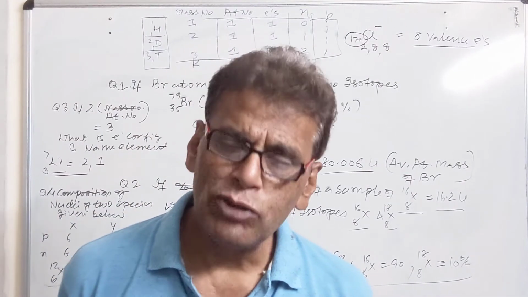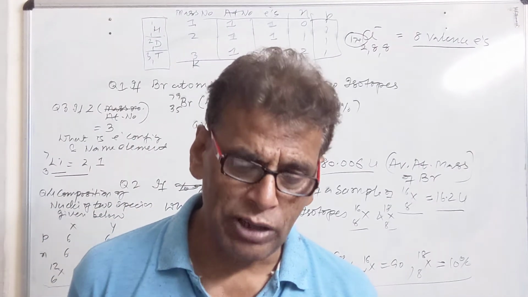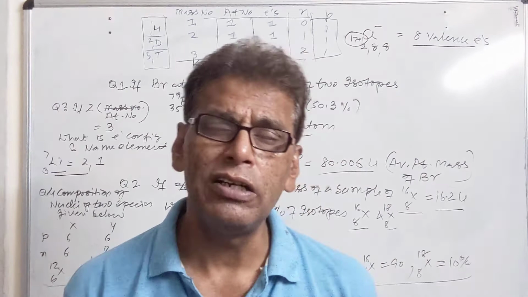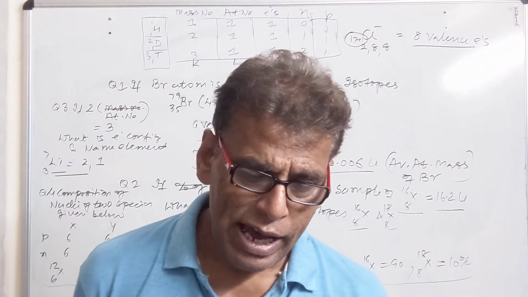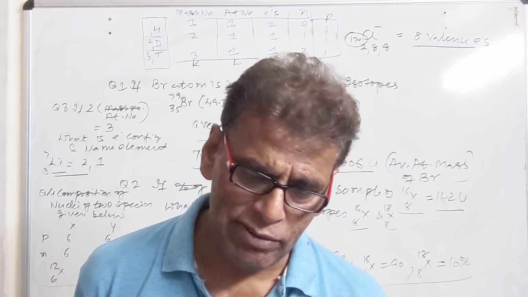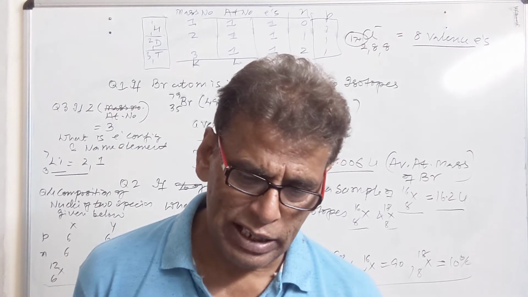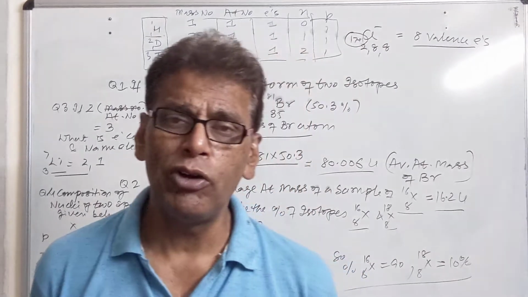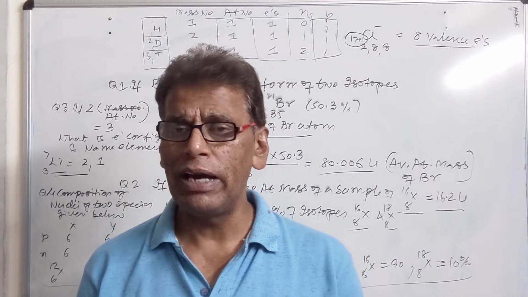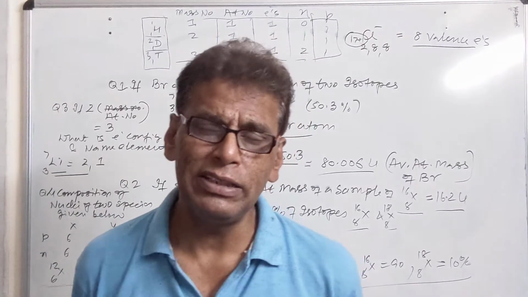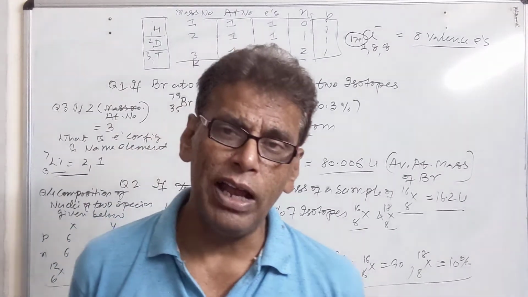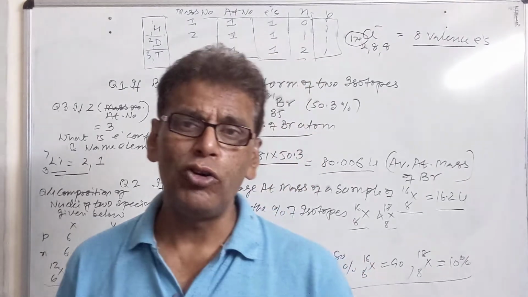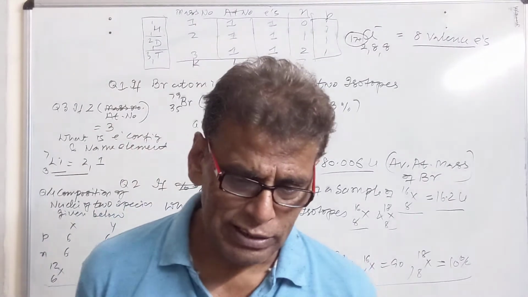Then we have a species with atomic number 16, it would be sulfur. The mass number will be 32 in this case, and the number of neutrons is 32 minus 16, that is 16, and the number of protons will be 16. Number of electrons 16. The species is sulfur. Then we have the species whose mass number is 24. This might be magnesium. The atomic number of this species will be 12. The number of electrons will be 12, since they are equal to the atomic number. The number of protons will also be 12, and this species is magnesium.